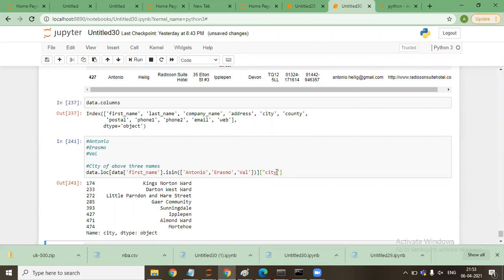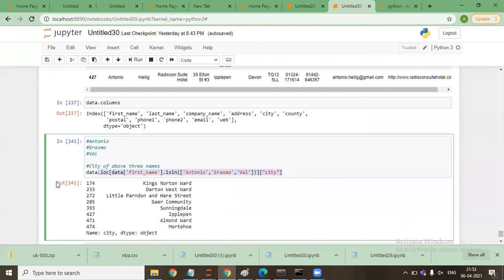We can use and, or we can say, okay, let us write this statement in a different way.